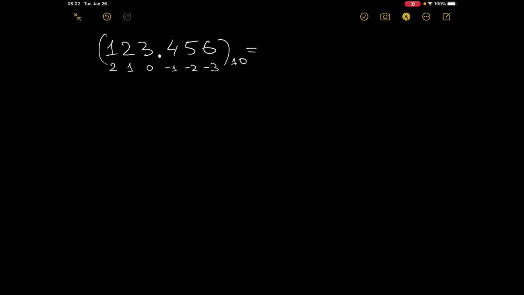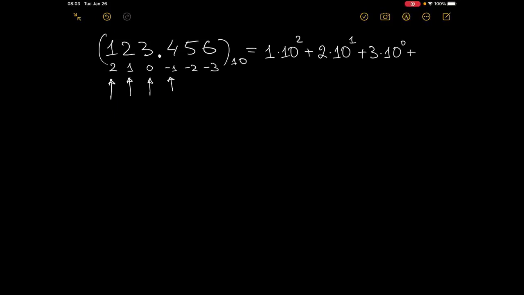So it means that the number in the position 2, 1, has to be multiplied by 10 to the power 2, plus the number in the position 1, 2, has to be multiplied by 10 to the power 1, plus the number in this position, 3, has to be multiplied by 10 to the 0th power, and plus